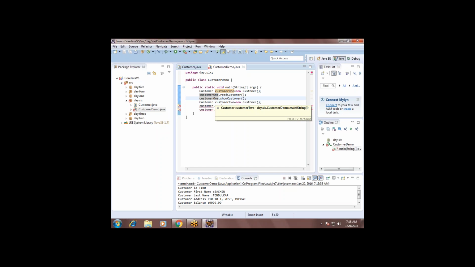So I have created a customer 2 object and I'm calling with customer 2 the same methods, read customer and show customer. So what output are you expecting?